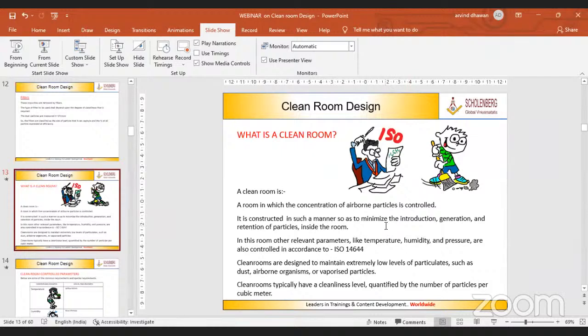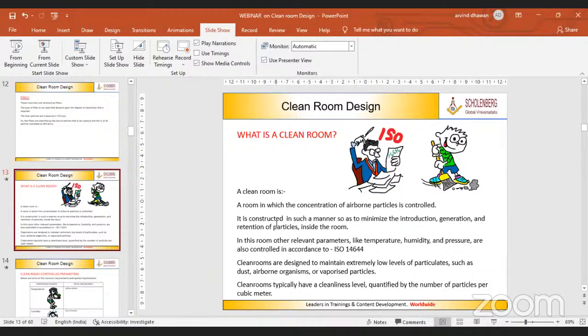Similarly, dust in the environment must have some unit. What is that unit? We call that unit micron. The size of the dust particle we permit to enter. Size beyond this is not permitted to enter. So that is called microns, right? And the efficiency of the filters. Okay. Next point is the clean room is conducted in such a manner to minimize introduction,